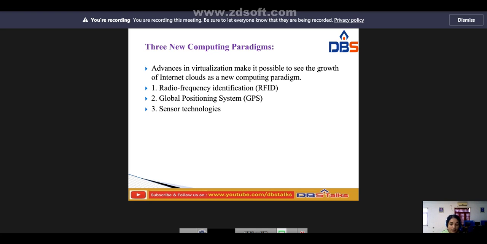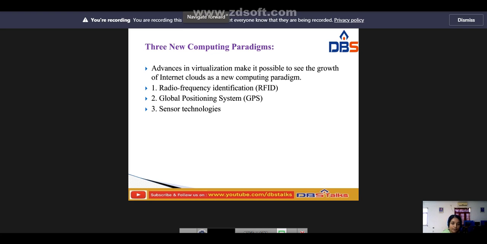In this subject, we cover all the clusters, MPPs, massively parallel processors, peer-to-peer networks, grids, clouds, web services, social networks and IoT. All these things we are going to cover in this section. In fact, the differences among clusters, grids, P2P systems and clouds may blur in the future, and some people view clouds, grids or clusters as systems with modest changes through virtualization. So these are the three new paradigm models we are using in the HPC and HTC systems.